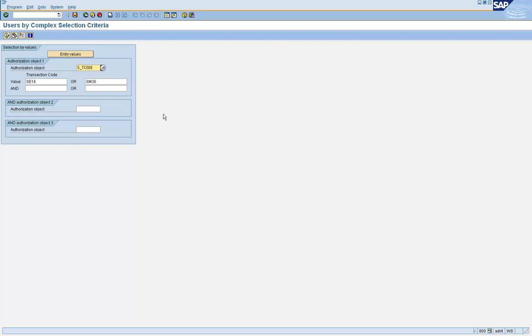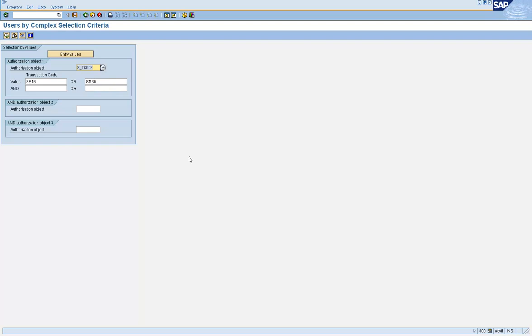Another reason why you could use this is, again, from an audit standpoint. See, S_TCODE is an object, right? So like any other object, you can maintain the values in that object, which means you can go into the authorization tab of the role and edit the S_TCODE object and put some transaction code in it.